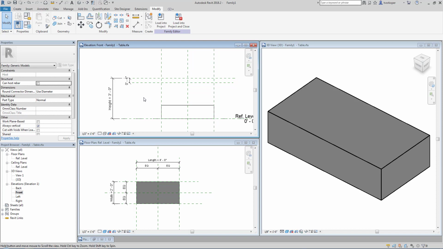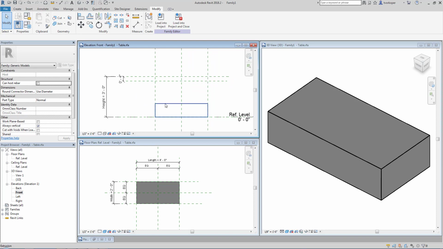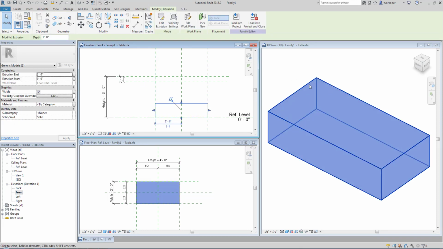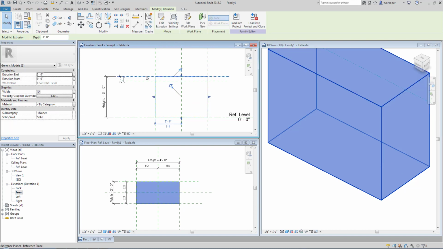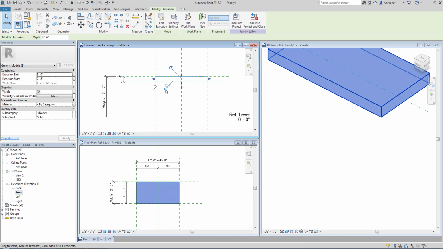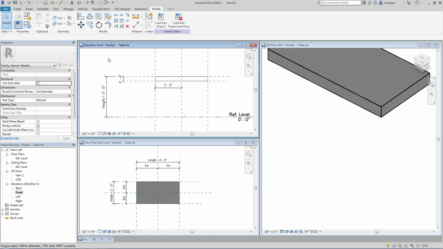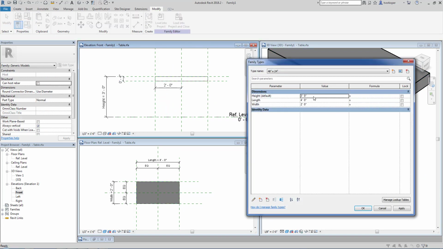And the next thing to do is attach the solid geometry to these reference planes. You don't have to modify or edit this solid geometry. You don't have to edit the extrusion because you have these grips, and you can just pull the top of it until it attaches to the top reference plane and lock it. And then you can do the same with the bottom of the tabletop and lock that one as well. Now, when we change the height,